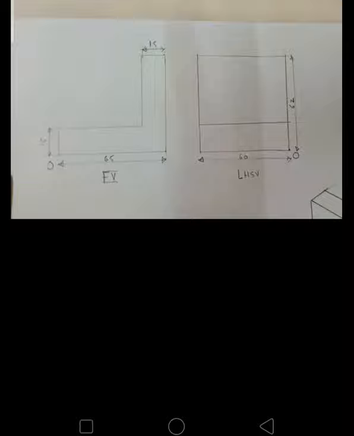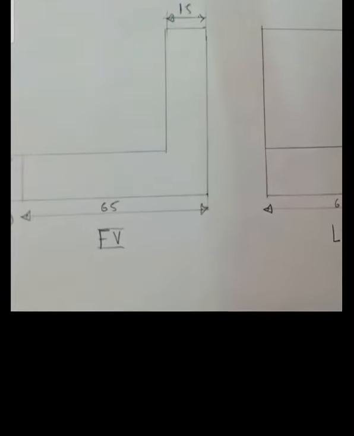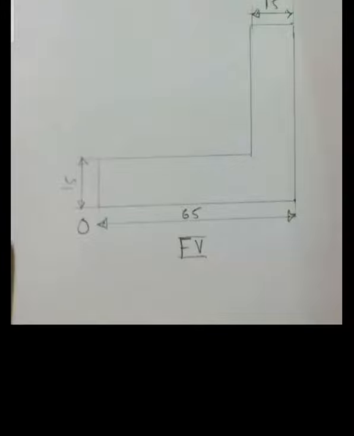Listen carefully here. See the front view of the object. In the front view, see the origin point location. Tell me, after starting from the origin point, on which side is the length of the object? See the origin point and tell me on which side there is the length of the object. With the origin point, the length is on the right side of the object. Got it? Length of the object is on the right side of the origin point.